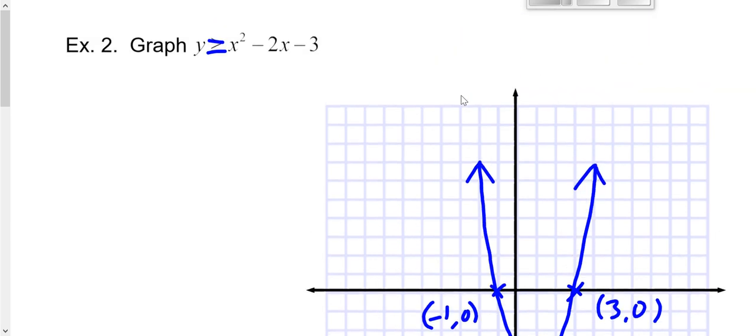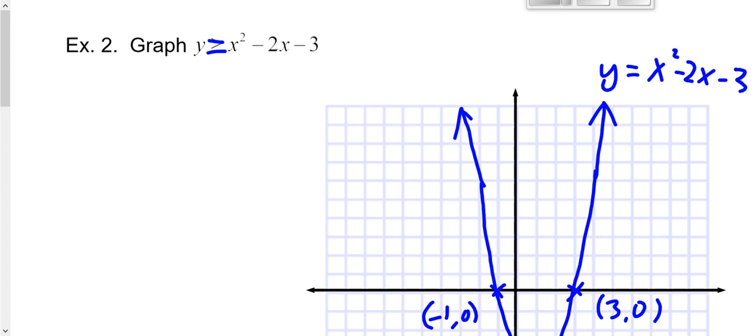Maybe I should make this longer so that the result would be more obvious. So this one is y equals x squared minus 2x minus 3. Alright, so now let's erase this, because the one we're looking at is not a normal equation, it is an inequality. So y is greater than or equal to